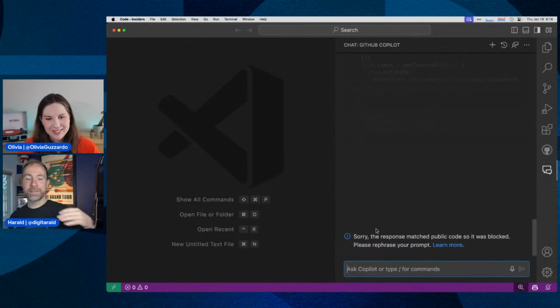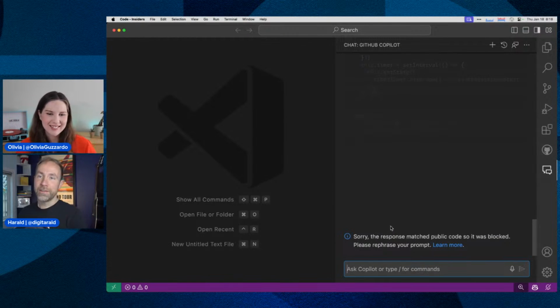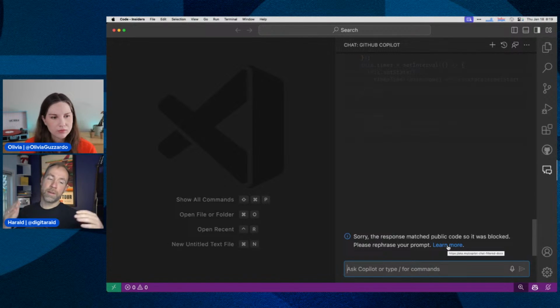In this case, to explain what happened here, so we do evaluate actually. When you use Copilot as an enterprise, you get protection against copyright infringement. That comes from Microsoft and also from the GitHub side. And to get that, you have to have public code detection enabled. I think what's happening here is there's an amount of characters, I think it's 150 by default, that are being matched. If that happens,